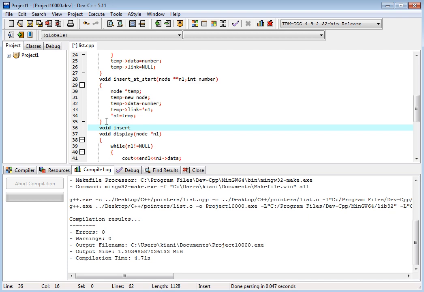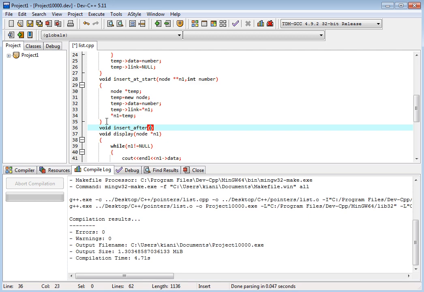What if we want to insert at the end? Very simple, same, void insert, we should have insert after, okay, we should have insert after some value, after some location in the node, okay.